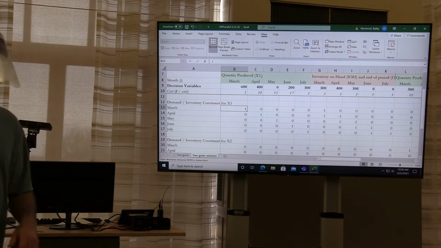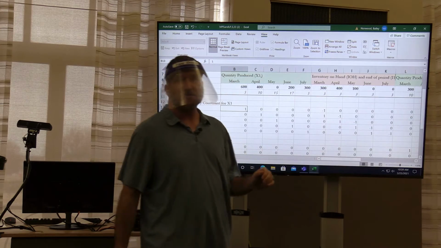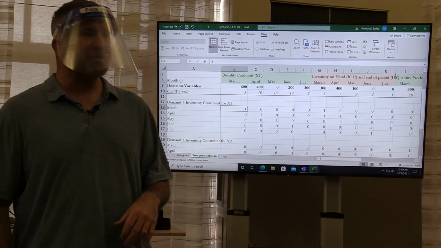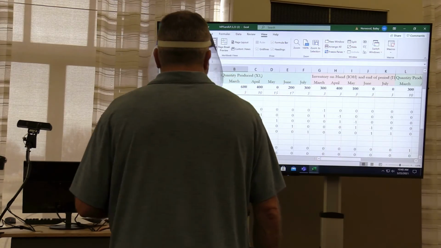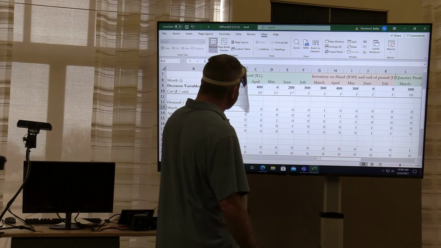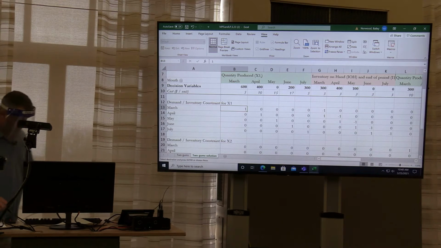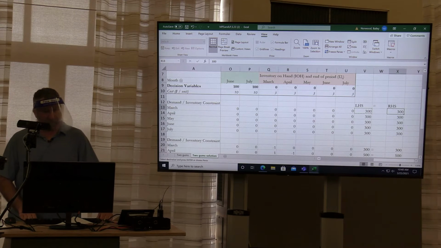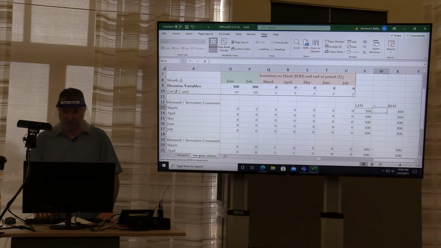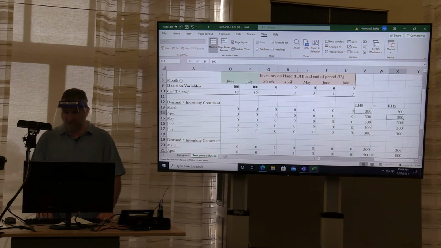I think most all of you got this first block built, your demand constraints for good 1. And those demand constraints, we've been working on those for 3 lectures now. But this is just where we're saying that the right-hand side, demand for gum 1 in March, let's say April, demand is 300 in April, and that must equal